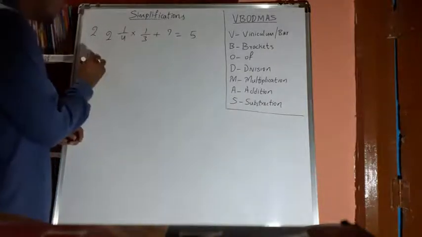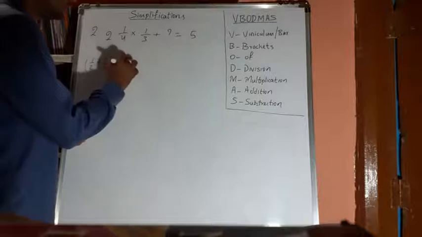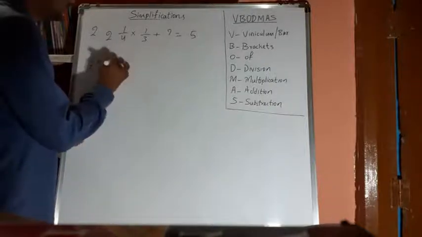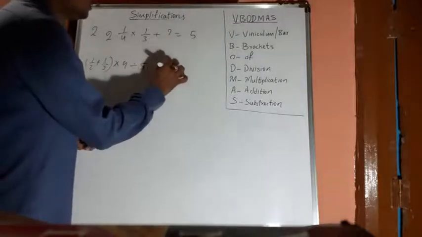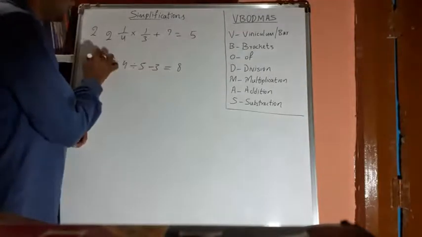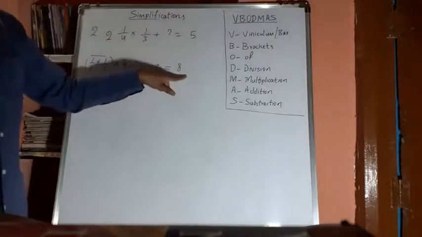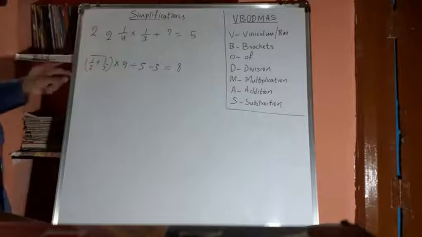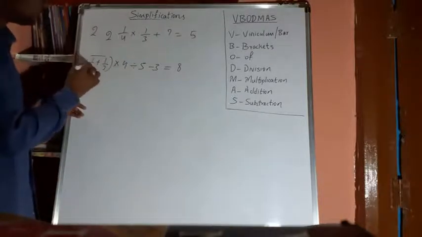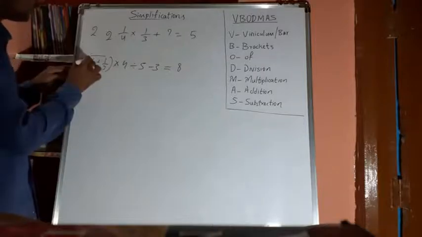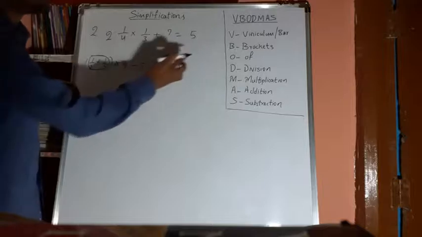Right? Suppose if there is an example, see here, 1 by 2 plus 1 by 3 plus into 4 divided by 5 minus 3 is equal to 8. See what it says. See, this is a simple example for simplification. See what he is saying, whenever there are terms with a bar or a vinculum, first you have to solve this one. First you have to solve the numbers having a bar, right? Next you should go for brackets.